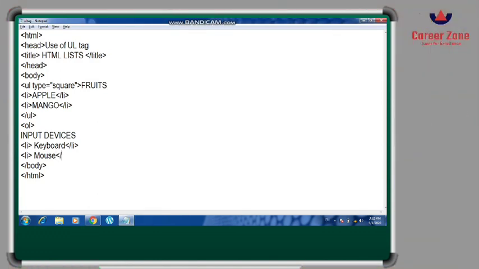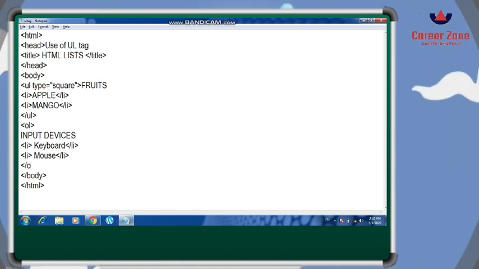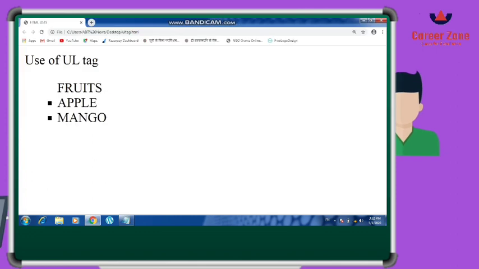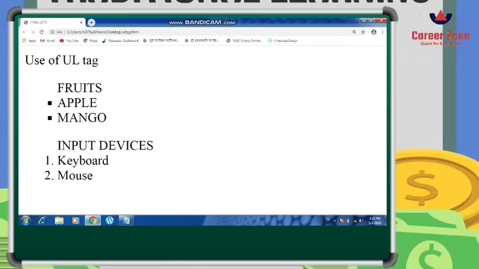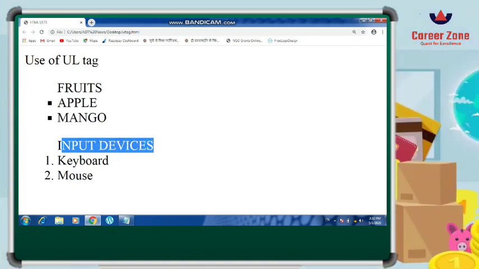Right now I have not defined the OL attributes. By default it is a numbered list. So let us see how it works. See, the OL tag starts the heading here. I have given input devices under the OL tag. The first input device was keyboard, second was mouse.